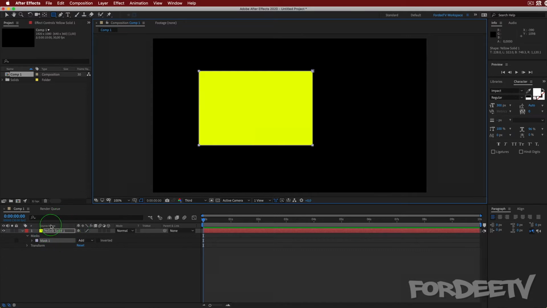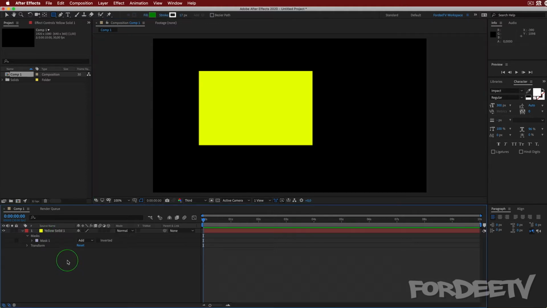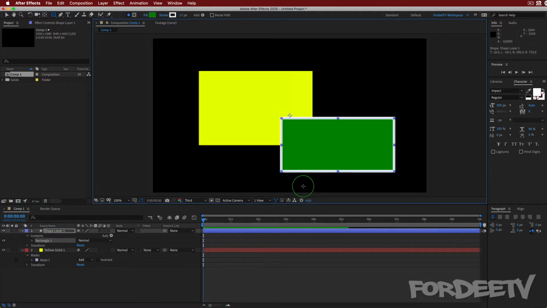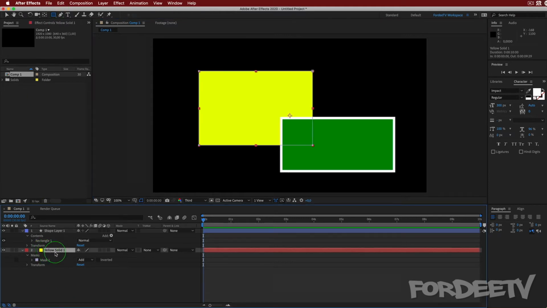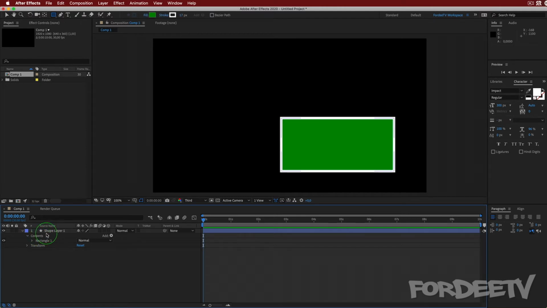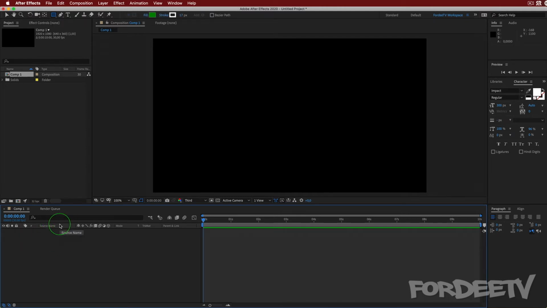This will work for every type of layer except shape layers. Obviously, shape layers draw shapes, or if we click here to make sure nothing's selected and we draw, we are creating a shape layer, right? So when nothing's selected, it creates a shape layer, or when we double click up here. But if any other type of layer we have is selected, it will create a mask for it. We will get into masks later, so don't worry so much. I'm going to delete these 2 layers from my composition right here,